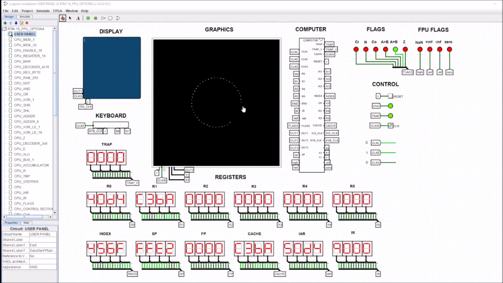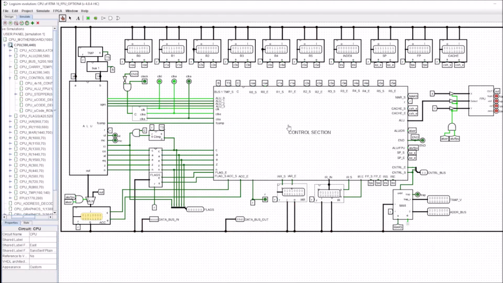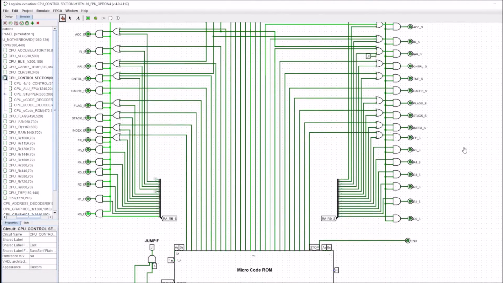So what was the problem? Was there any problem in the code? Well, no, the code was fine. I actually had a little problem here within the computer, and it was a very simple thing. If we head into the CPU and then get into the control section, right at the bottom of the control section,